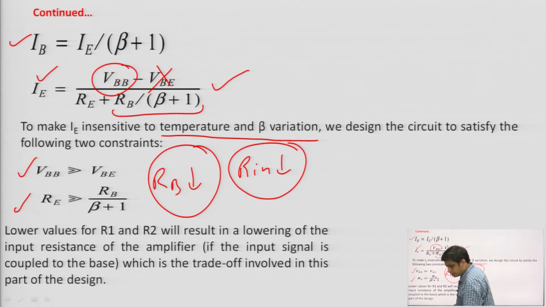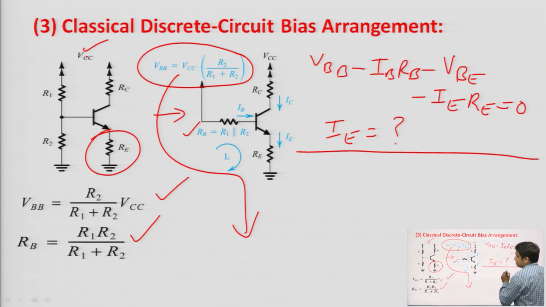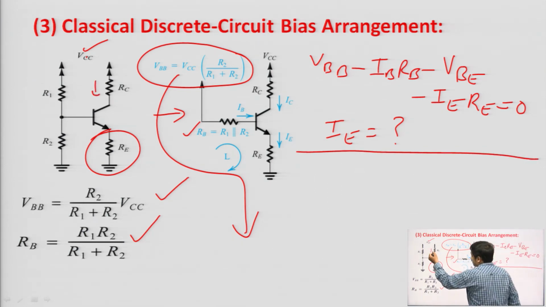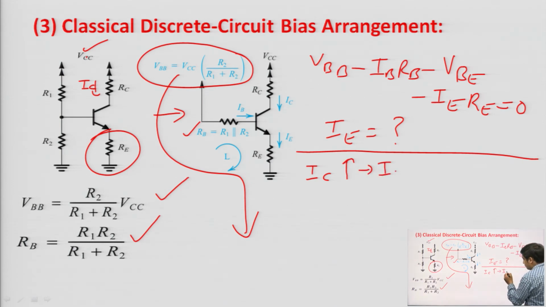And one important thing is there: what is the role of this emitter resistance RE? The role of this emitter resistance RE is that it provides negative feedback. So how does it provide negative feedback? We can see it: this is the collector current IC that is flowing through RC. So if, due to any reason, IC increases, then your emitter current will increase. If the emitter current increases,